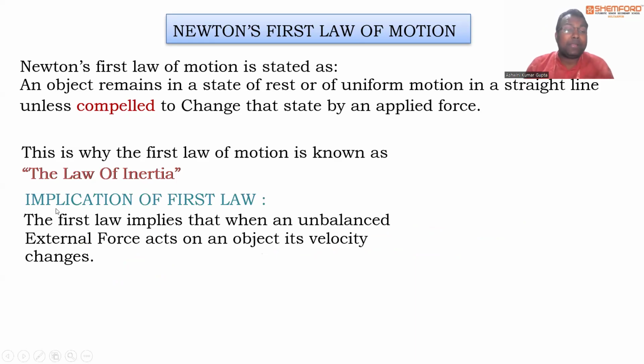Please write down this one, implication of the first law. The first law implies that when an unbalanced external force acts on an object, its velocity changes. What I was trying to explain in continuous. मैंने आपको बताया कि जब एक अनबैलेंस फोर्स होगा तो डेफिनेटली वहां पर आपके ऑब्जेक्ट की वेलोसिटी में वेरिएशन होगा।